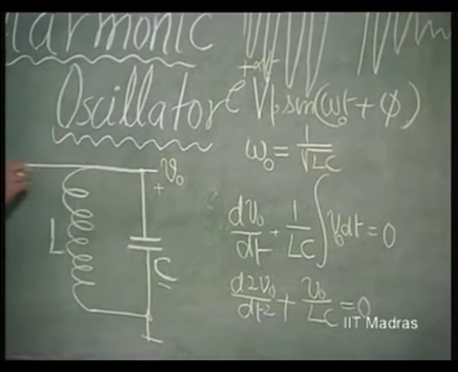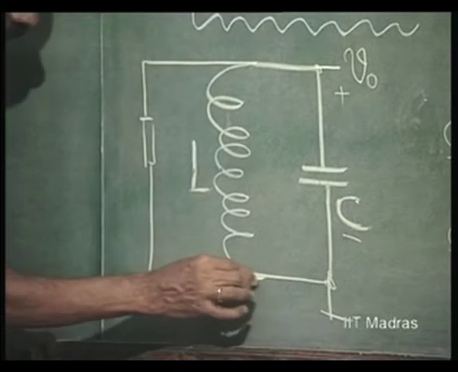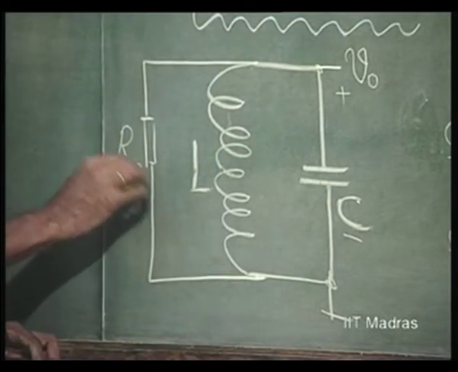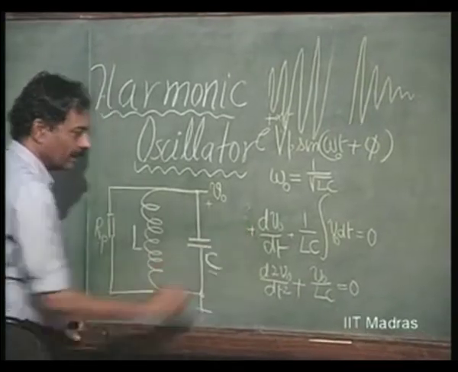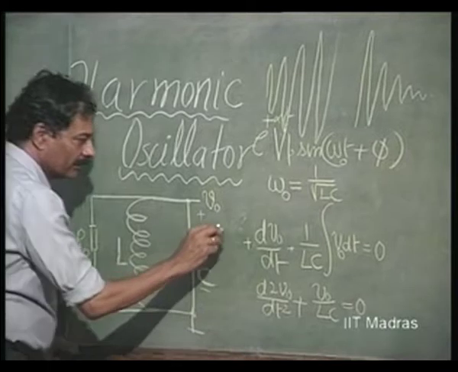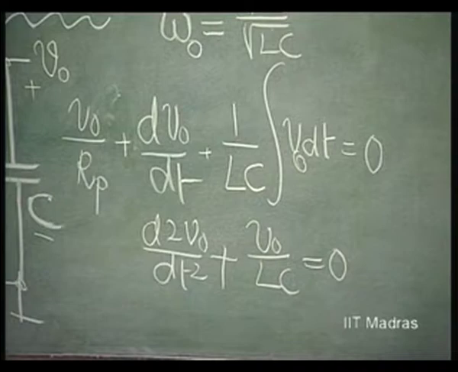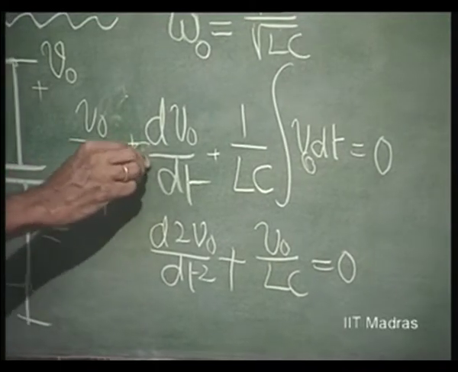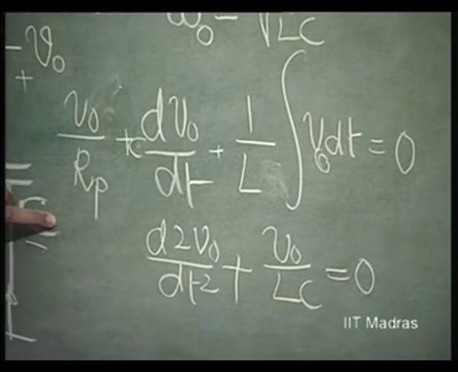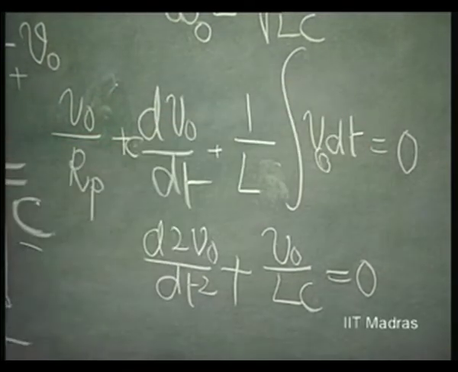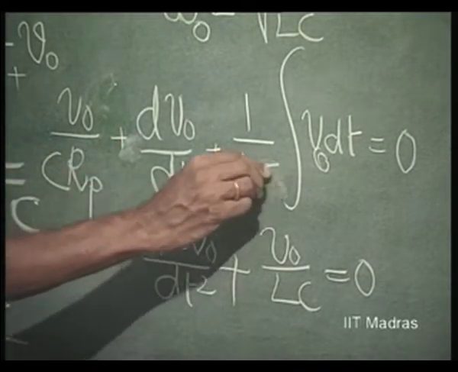If I can represent this loss component in terms of a dissipative resistance, then in this equation, the current that you have to add will be the sum of all currents: V naught by Rp. In fact, it was C dV naught by dt, V naught by Rp plus 1 over L integral of V naught dt. Now, dividing throughout by C,